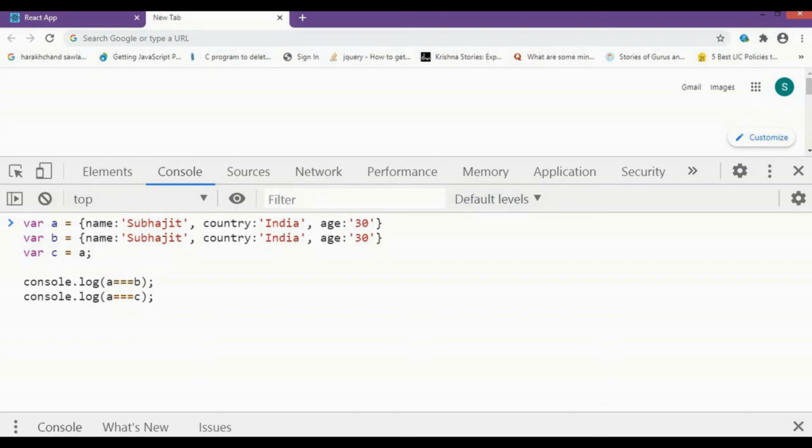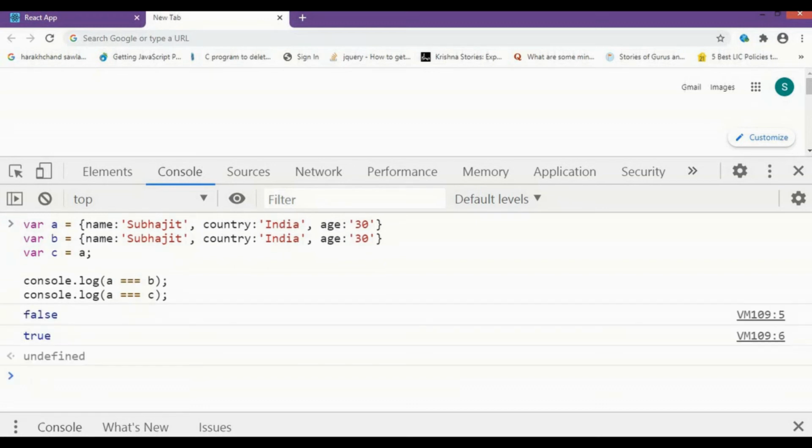Then b, which is also a similar kind of object with the same values, and in the end another variable c, which is equal to a. Now there is a console.log with this triple equal sign. What you are expecting is that both of these values should be true, right? But if we run this code, we see the first value comes as false and the second value comes as true.